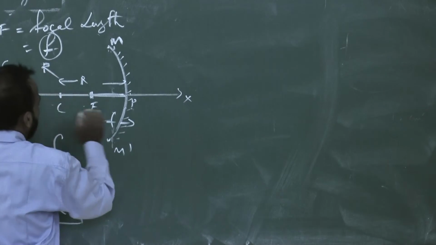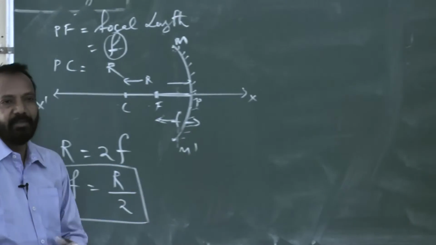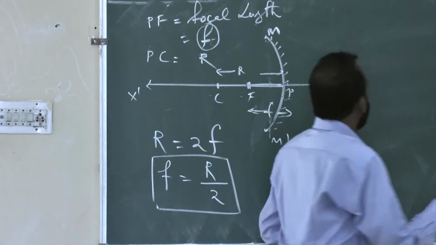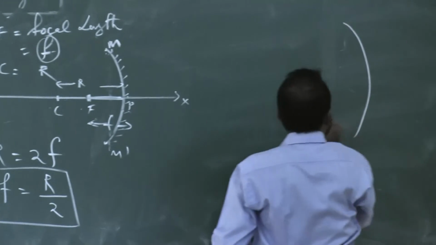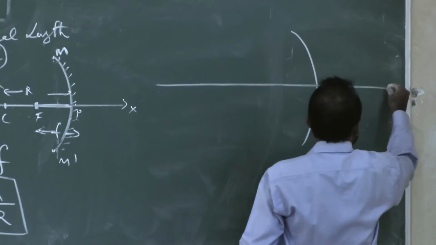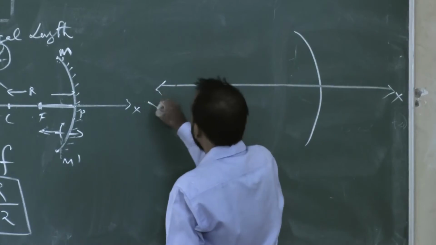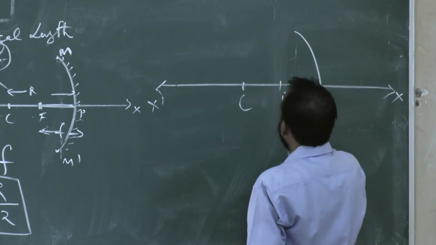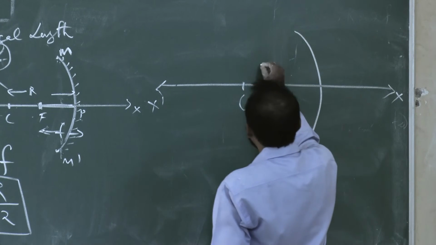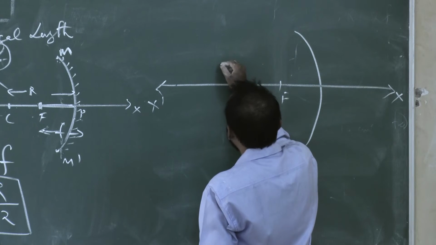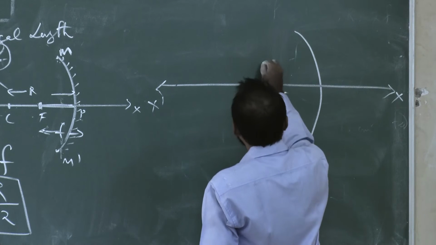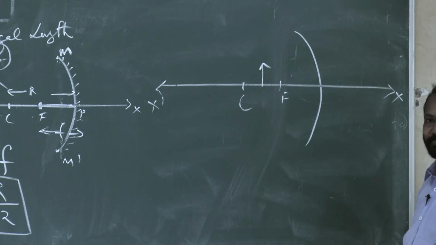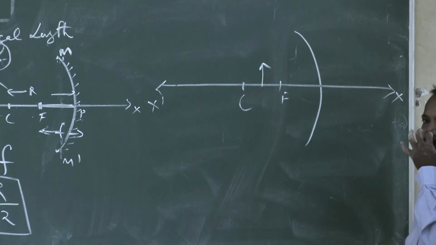Now this part, suppose image formation, any image formation diagram, let us do. Okay, let us construct a diagram. It is your x dash, this is the focal length, this is your center of curvature. Now you see, the object is in between C and F. So I am choosing this diagram. Out of 6, I am choosing this one.